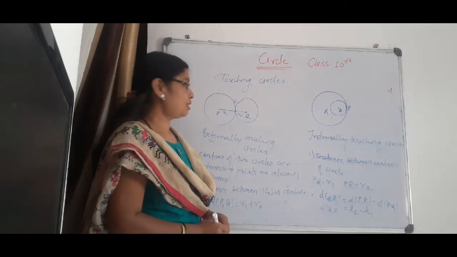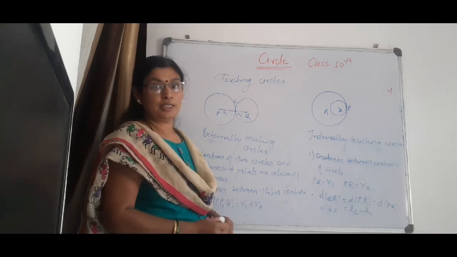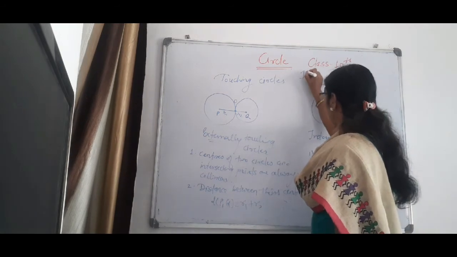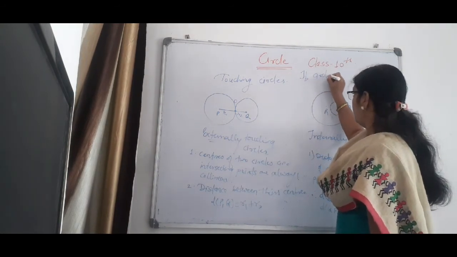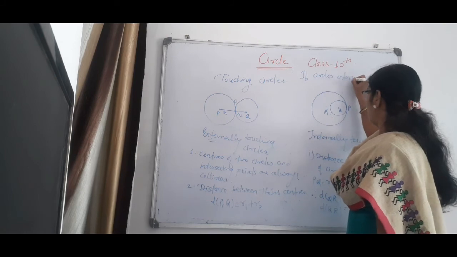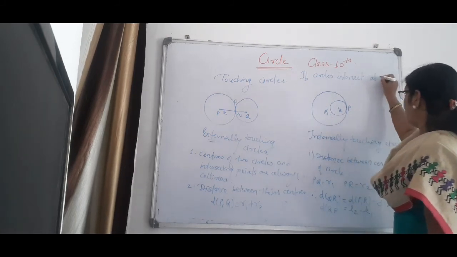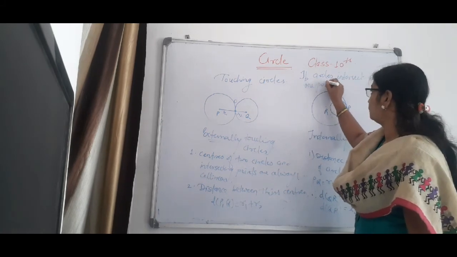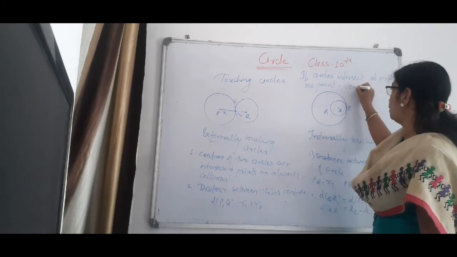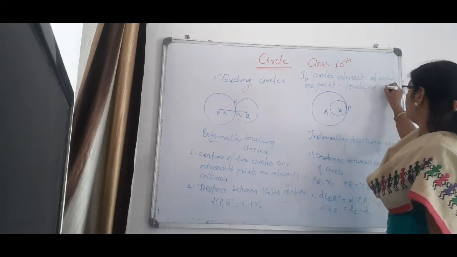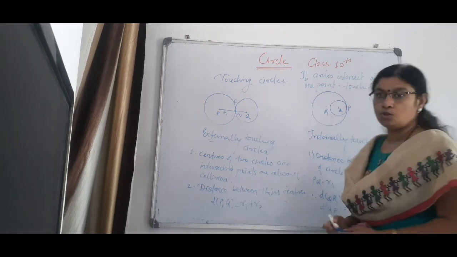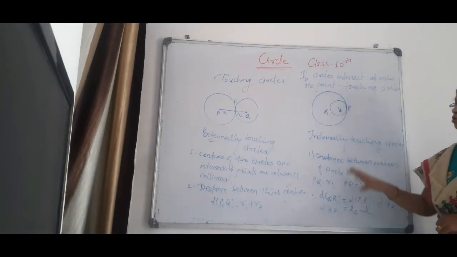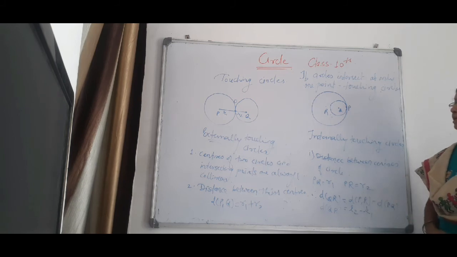Now what is meant by touching circles, students? If circles intersect at only one point, then those circles are said to be touching circles. So students, draw the figure, write down definitions and properties of these two touching circles, and then complete